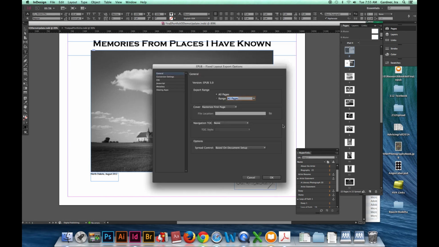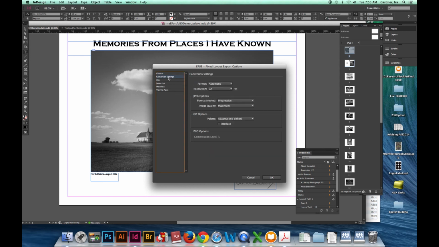The export, I'm just going to go through the screen. The range is going to be all pages. The cover is going to be rasterized, the first page, to convert it to a graphic. I'm not using the navigation table of contents. Leave that alone. We've created our own table of contents with our hyperlinks. Conversion setting, I'm going to leave it to automatic. It'll determine whether or not to use JPEGs or PNG files, etc. I'm going to set the resolution to 150,